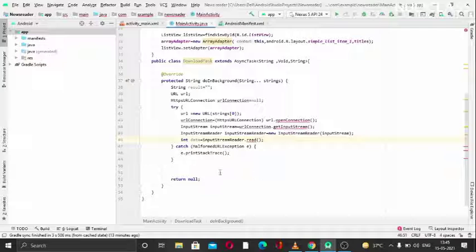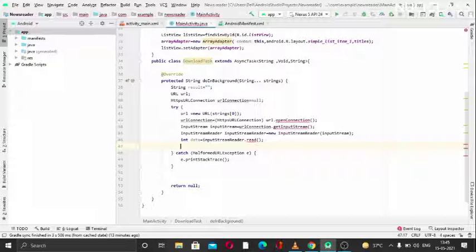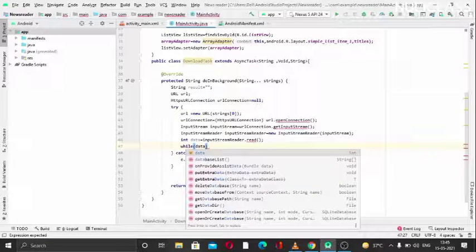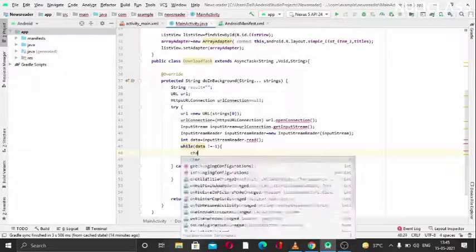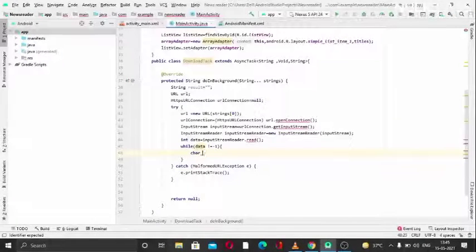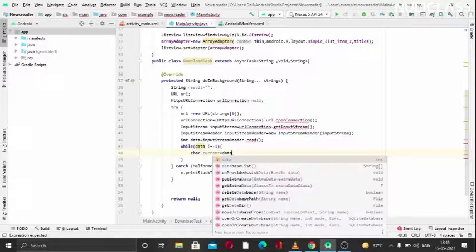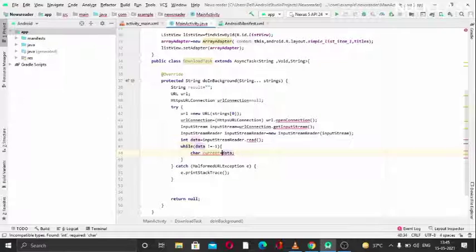All these errors are shown because of the try catch. We will handle that later on. Now we need to check if data is not entered, like if the data is null, so we have to handle that separately. I think we should check it for -1. While data is not equal to -1, we have to introduce another variable, char current. That should be equal to the data, and we can typecast that into a character. We need to typecast here, so we will get that differently.